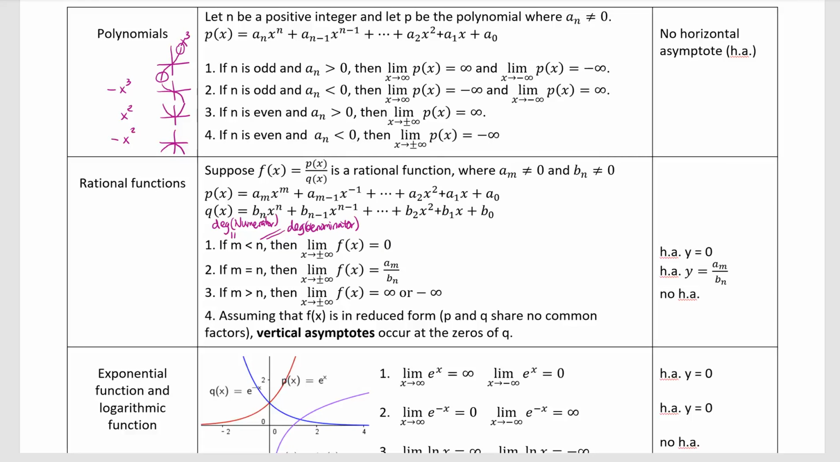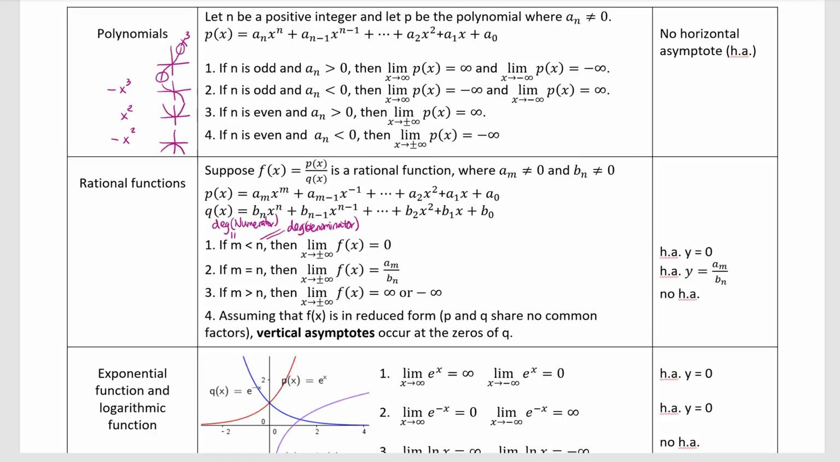If the numerator has a bigger degree, wow, then your numerator is bigger, so the number is going to be bigger. So it's either infinity or minus infinity. In this case, we don't have any horizontal asymptotes. Okay, and furthermore, assuming that f of x is in reduced form, so p and q share no common factors, which means you factor p and q and cancel the common factors, then vertical asymptotes occur at the